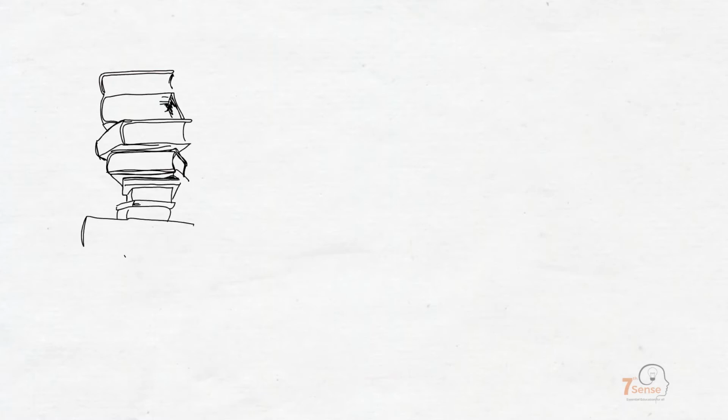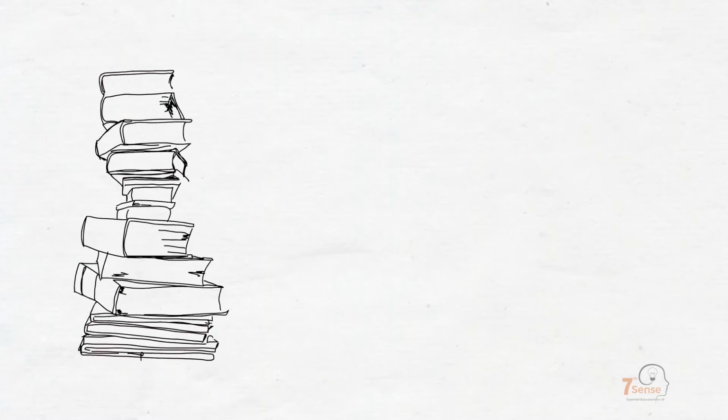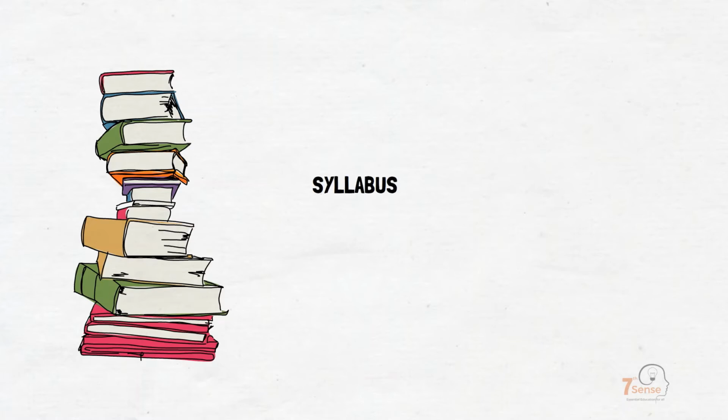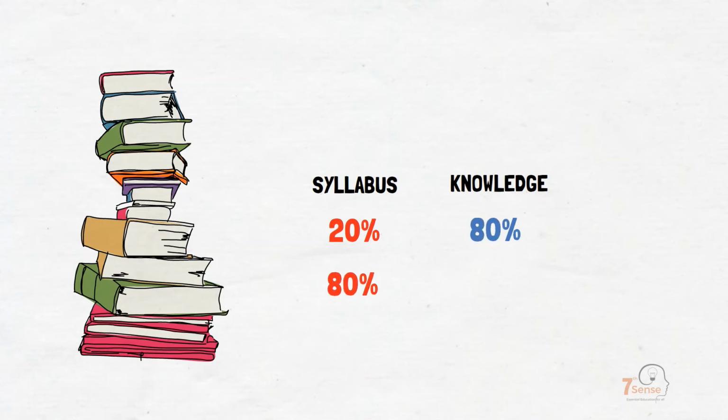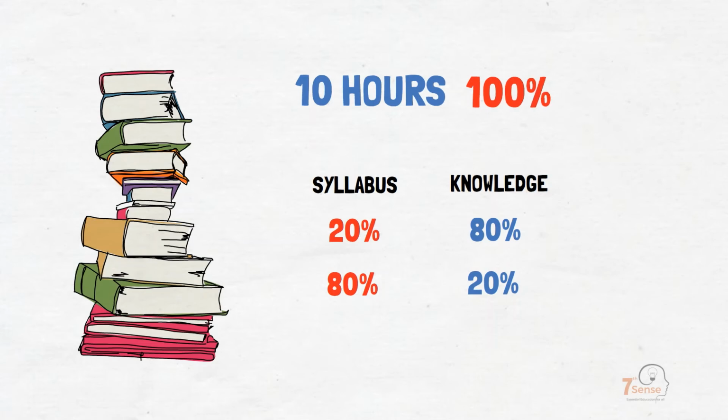Coming back to our example, your goal is to cover the most important aspects of the syllabus in the least amount of time. According to this principle, 20% of your syllabus will give the 80% of its value, while 80% of the syllabus will only give 20%. Let us say it takes 10 hours to complete the entire syllabus. By applying the Pareto's principle, you know that you can gain 80% of the information by studying only for 2 hours. Of course, you can go deeper and invest 8 more hours to gain the rest 20% of the information, but then you must decide, is it worth the investment?